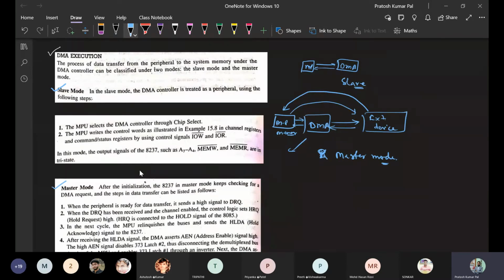Based on that, it generates the control signals, and through those control signals there is a direct transfer of data from the memory of the microprocessor, or external memory, to the external device. So this is the master mode.